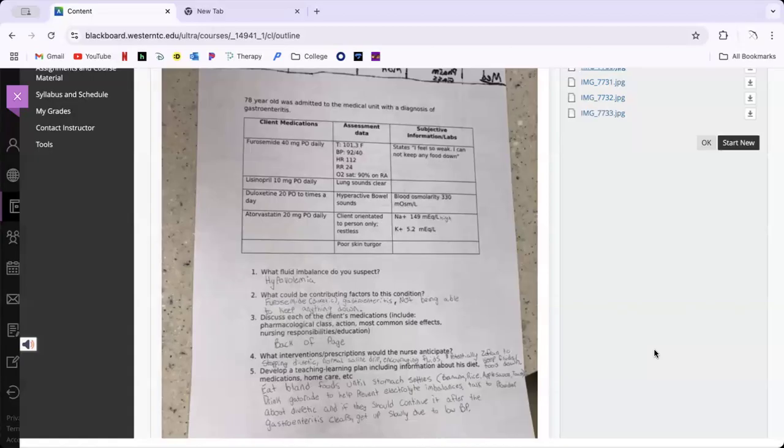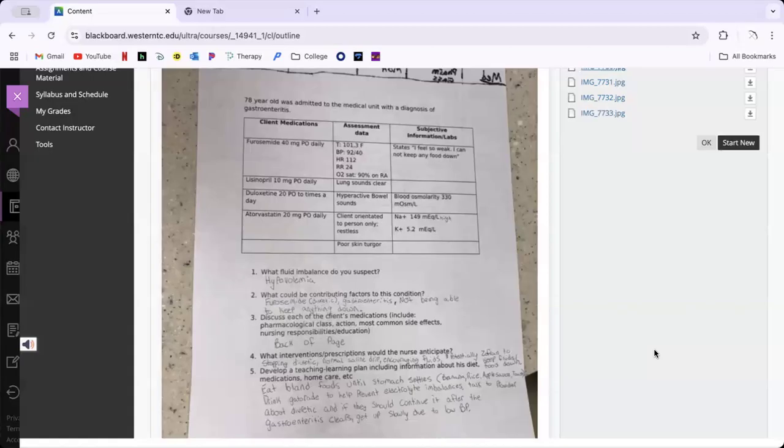Gastroenteritis, what is that, first of all? GI bug, right? Nausea, vomiting, diarrhea. What's the most common cause? Isn't it norovirus? Isn't that going around right now? Yes. Stay away from me! My husband won't go on a cruise because everybody gets norovirus on the cruise.